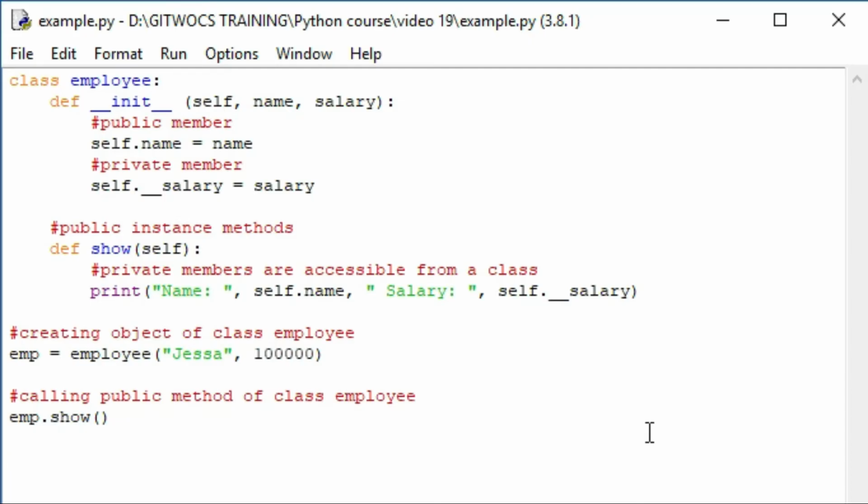Protected members are accessible within the class and also available to its subclasses. To define a protected member, prefix the member name with a single underscore. Protected data members are used when you implement inheritance and want to allow data members access to only child classes. For example,